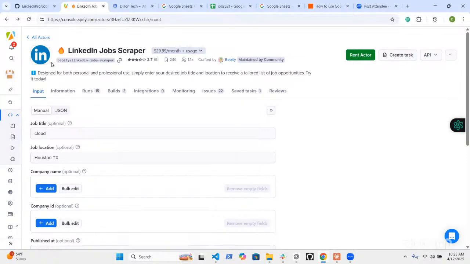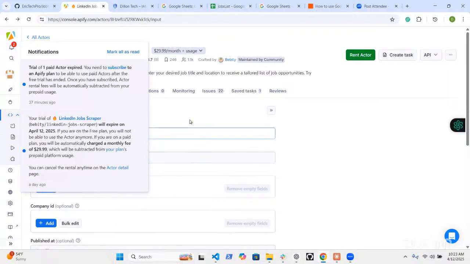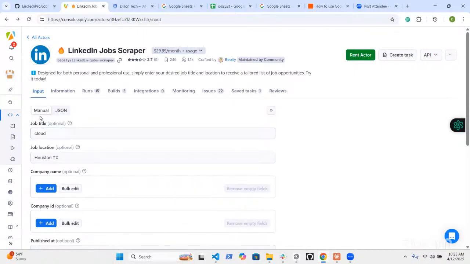Yeah, it got LinkedIn, but I also have another job script called RSS, I think. It's a scraper. Yeah, this says LinkedIn job scraper, so it probably only works for this LinkedIn. This is just the actor. I have another actor, but I can change this actor to Indeed or to Glassdoor or to any one of them.